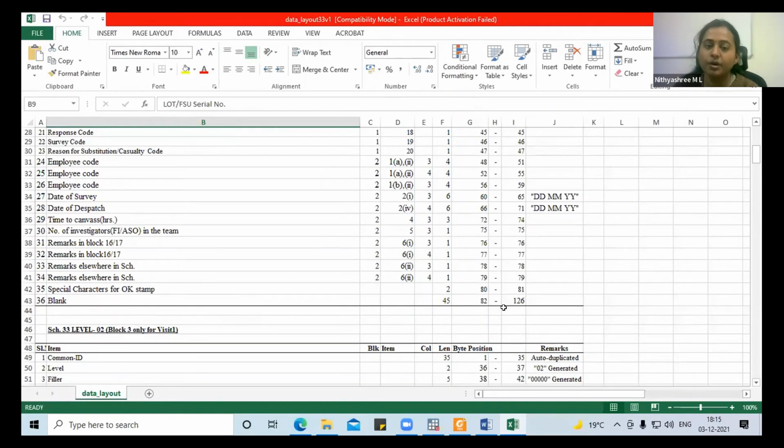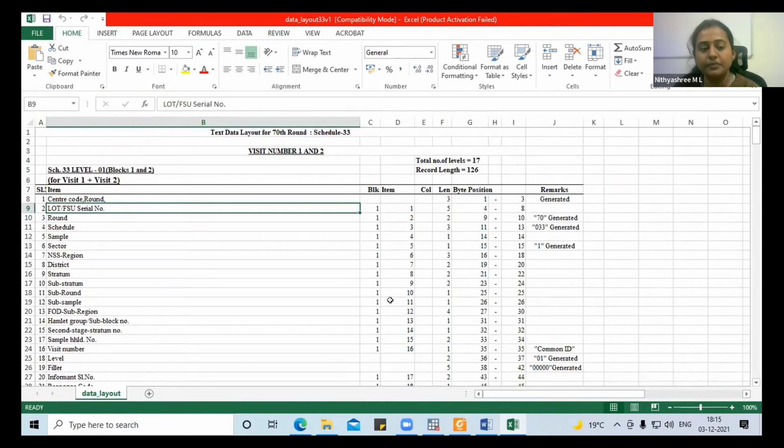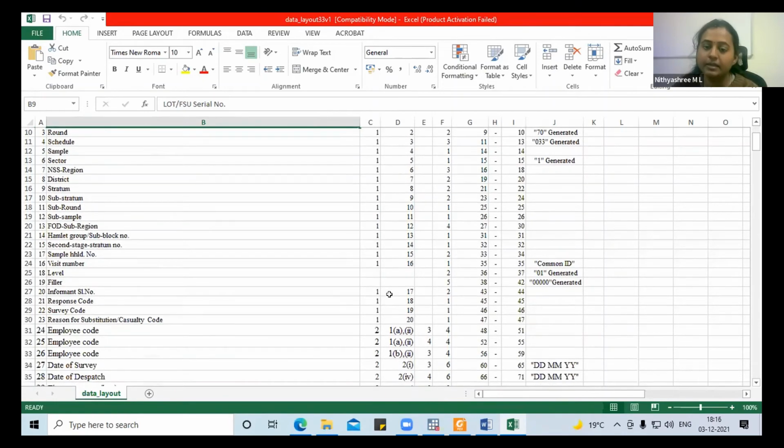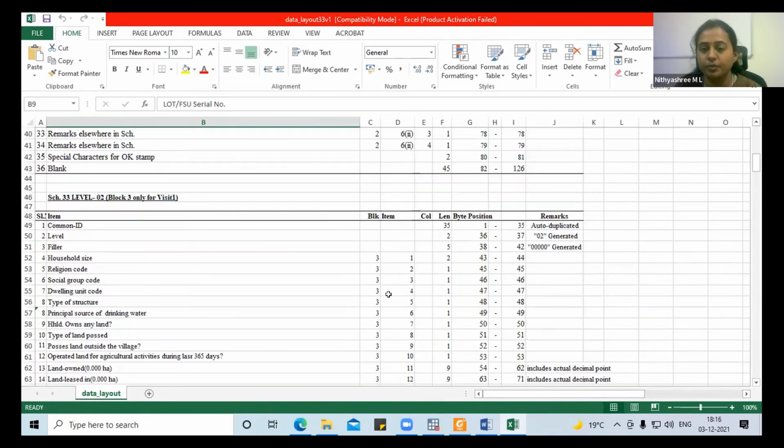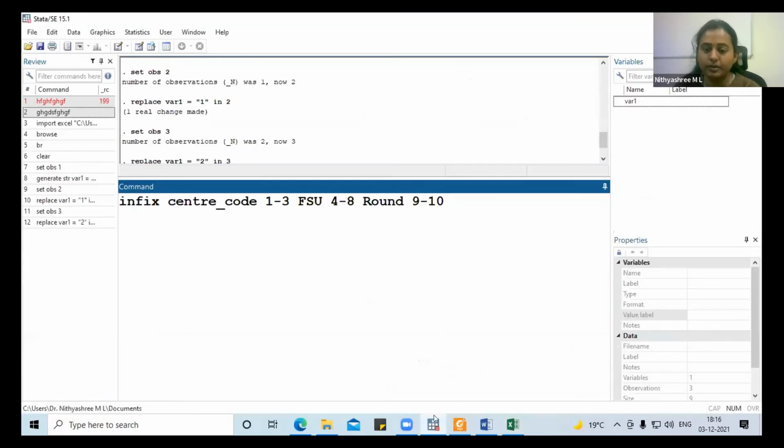If you are very sure you don't want certain information and you are already familiar with handling this data, you can skip some of the variables. But I suggest you extract everything because at some point of time you will need some information, and then you have to start repeating the process again. So write down everything.